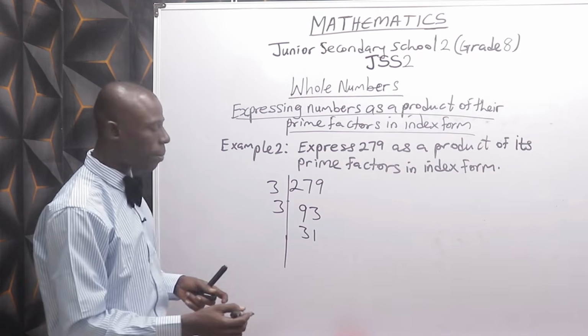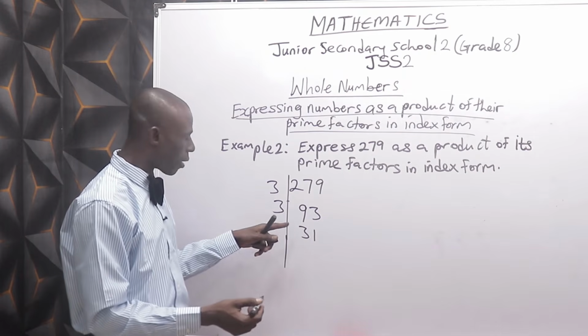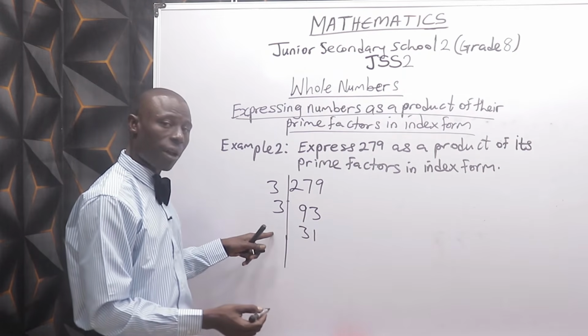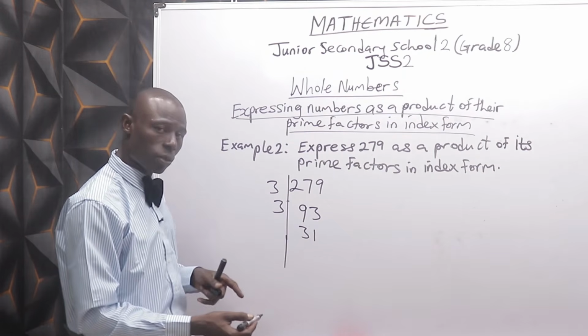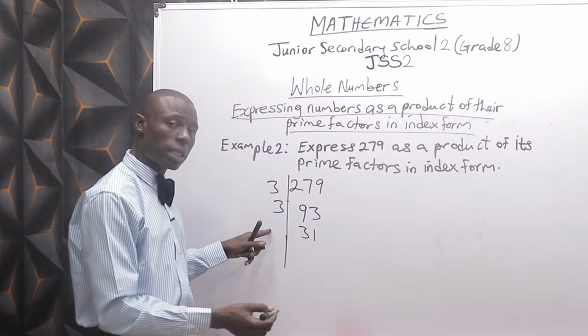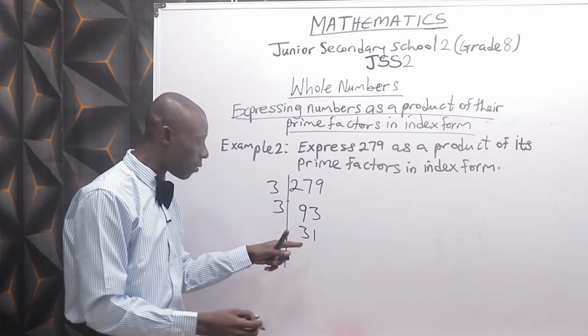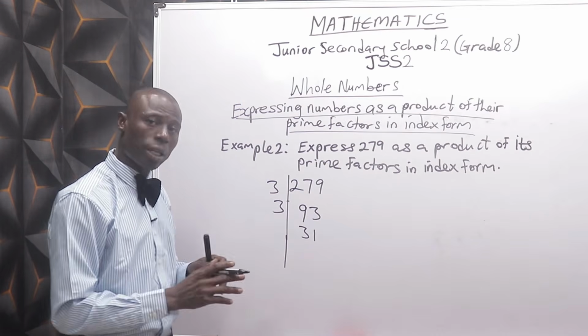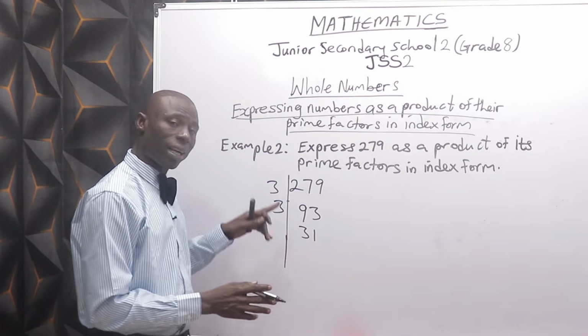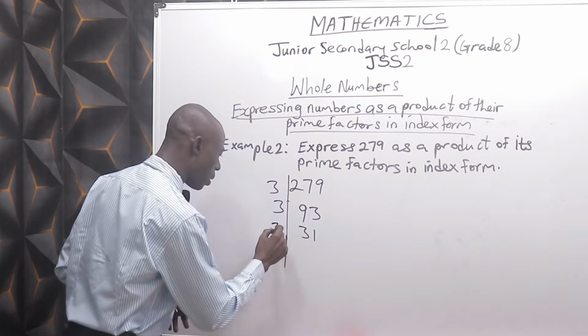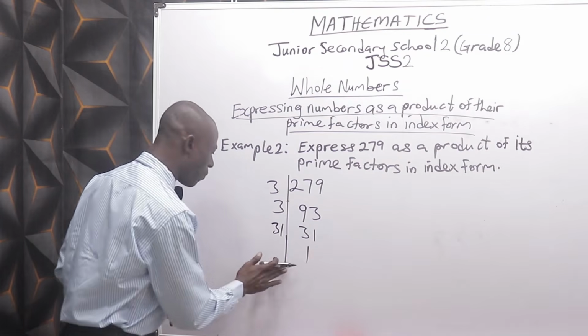The next prime number after 3 is 5. It cannot divide 31. The next after 5 is 7. It cannot divide 31. The next after 7 is 11. And that 11 cannot divide 31. In a nutshell, the next that can divide this 31 is 31. So it divides it. Therefore,